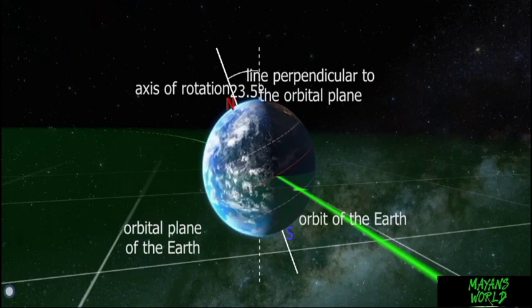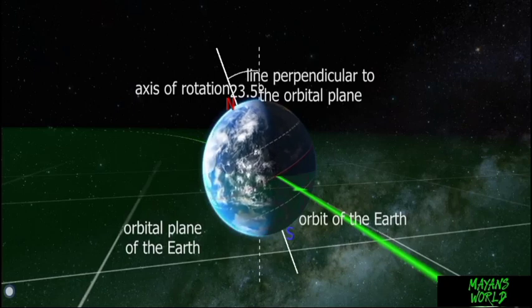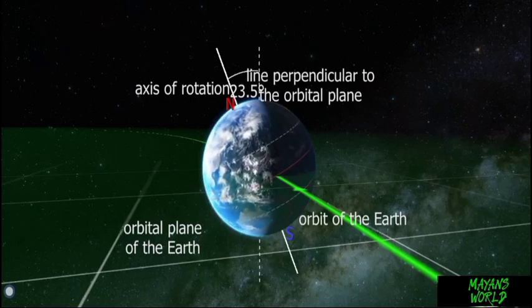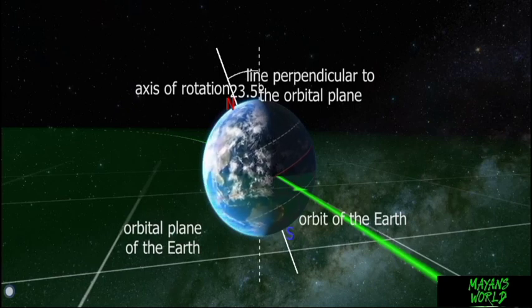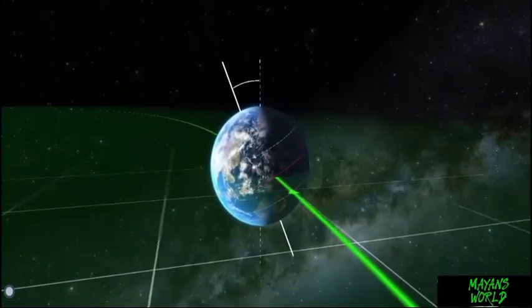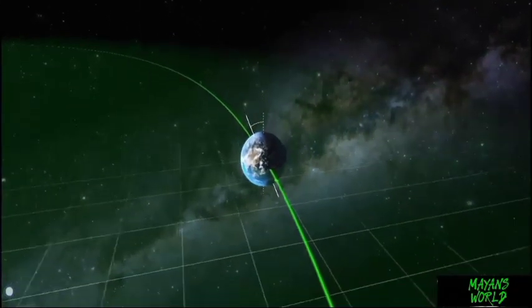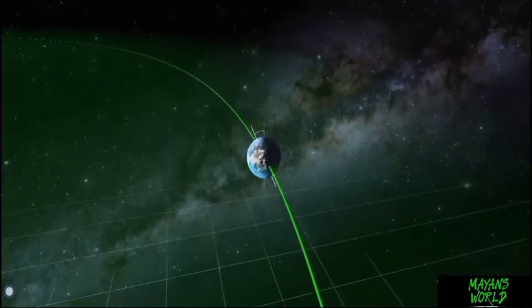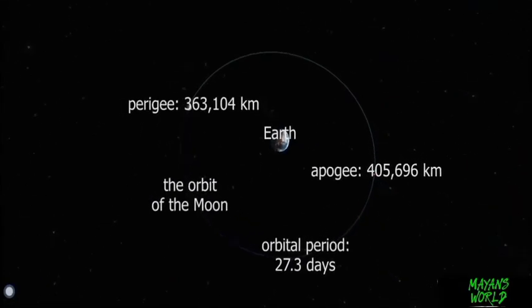The tilt of the Earth's axis is 23.5 degrees. As a result, within 1 year, the angle of incidence of sunlight changes at the same location, and this is the reason why seasons change. Our planet rotates, relative to the Sun, once every 24 hours. Due to the centrifugal force caused by the rotation, the planet is somewhat flattened.